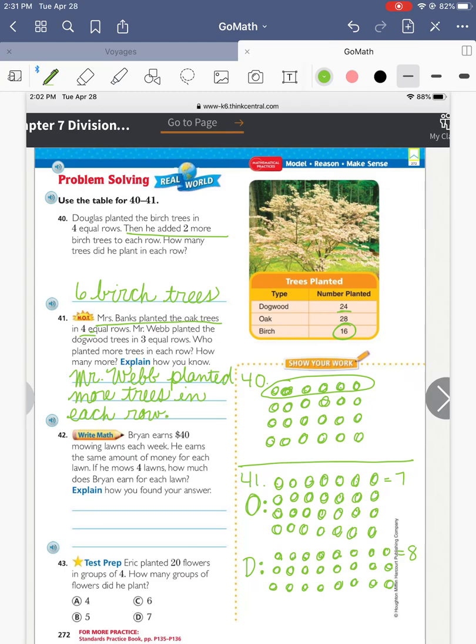Okay. And then remember when it says explain, if you drew a picture over here, that counts as explaining it. Or you can also write the division problem. So the first one is, wait, which one? Mrs. Banks did the oak trees. So 28